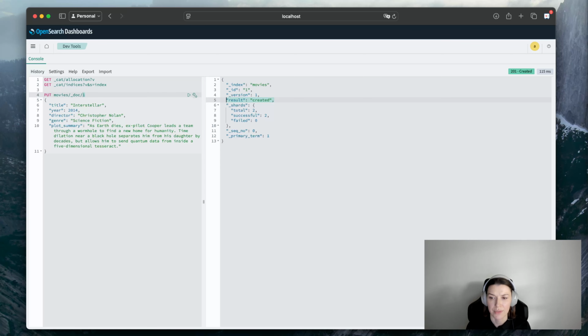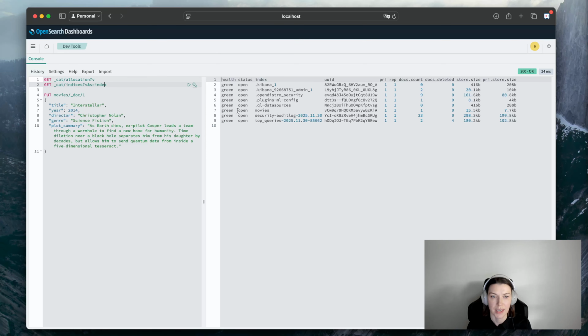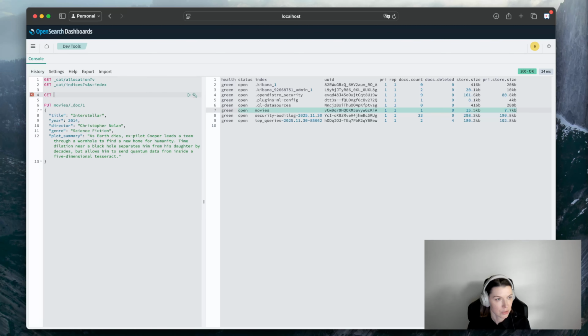But basically, I'm going to run this command, and then we're going to see that this document was created. We have a successful result. So if we check the indices again, we should see now that the index movies is created and it has one document in it. And if we do a search,